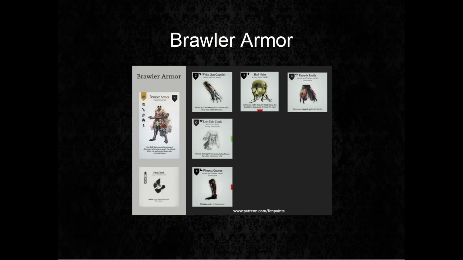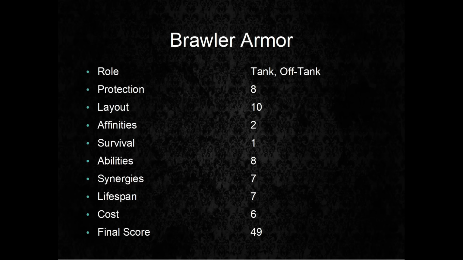Cost, a 6. The main reason it's a little expensive, on top of having Phoenix pieces, is that Lion Skin Cloak needs to be crafted. Worth noting that the White Gigaline makes this armor set even better as well. Final score 49. I think this is very reasonable for an armor set that just lacks so much in affinities. It's mostly the surviving affinities that are pulling this back. And the fact that it's using